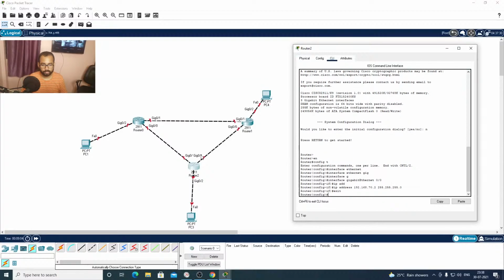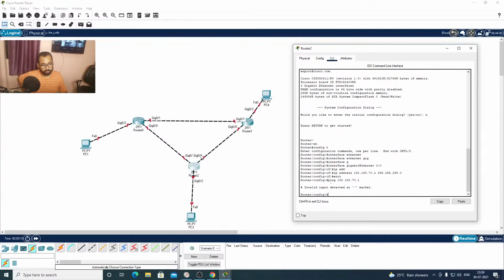We'll check the connectivity between router 1 and router 2 by pinging each other. You can see we are unable to get a ping since ping is not allowed in configuration mode. We can use do ping here.